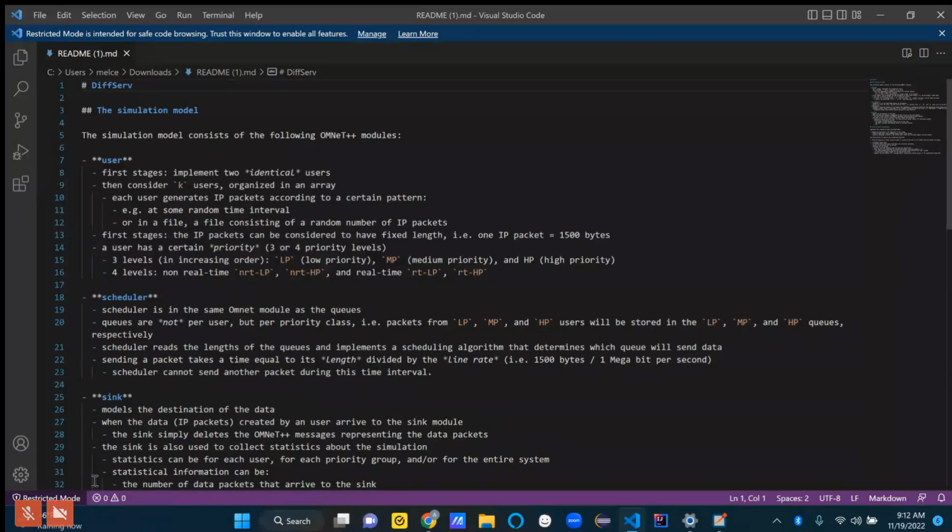Quite frankly, it doesn't matter how many you actually run the simulation for. Maybe we already did two, so now maybe we'll use three or something. But the way that we'll write it will be generic, in the sense that we'll be able to just supply a parameter in that omnetpp.ini file, and based on whatever number we give it in that file, that's how many users it will generate.